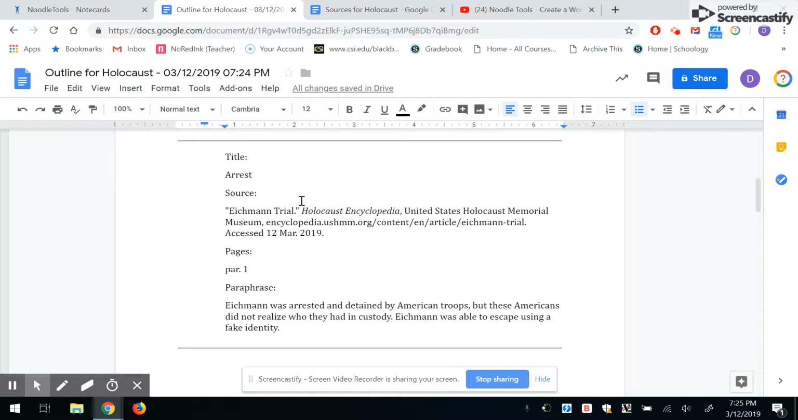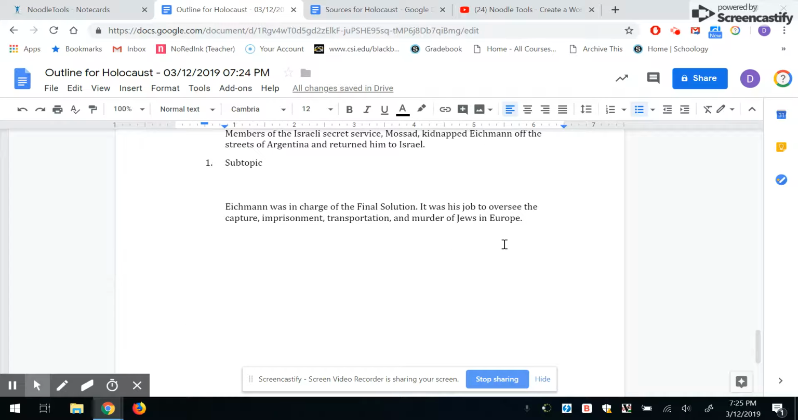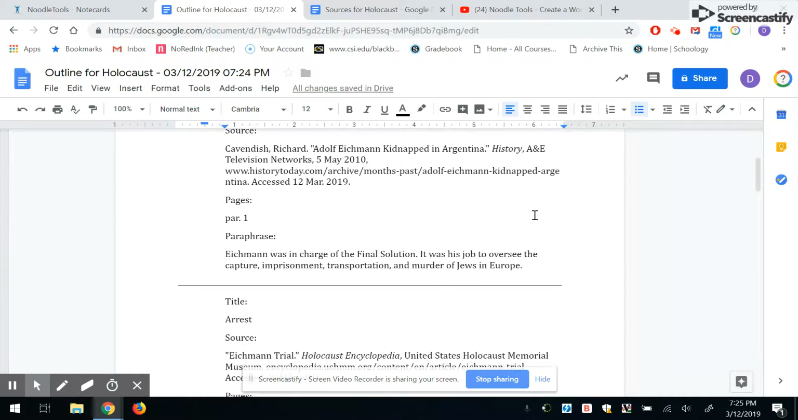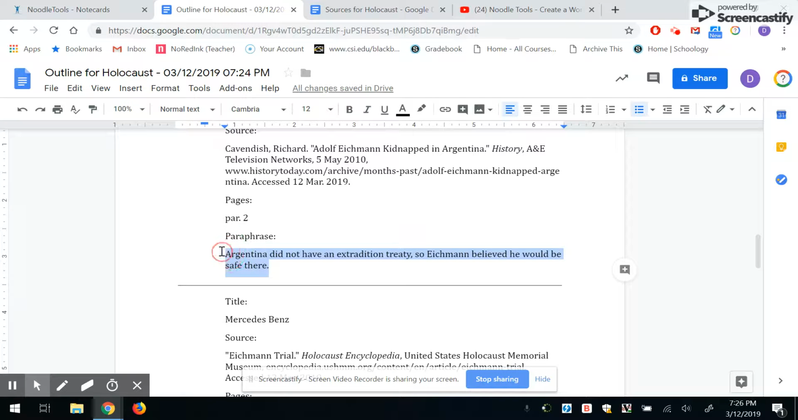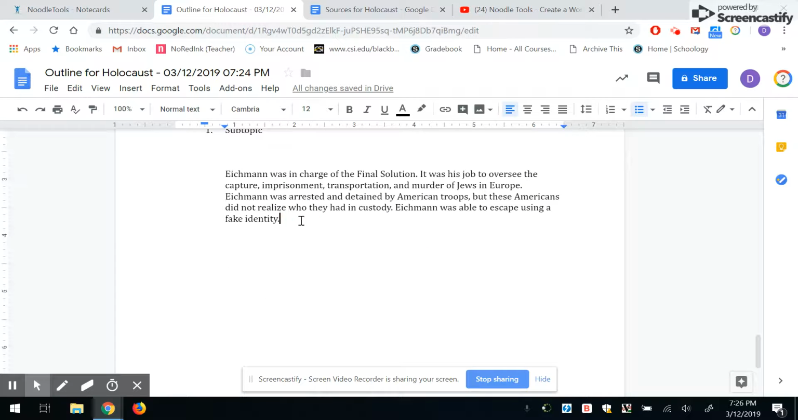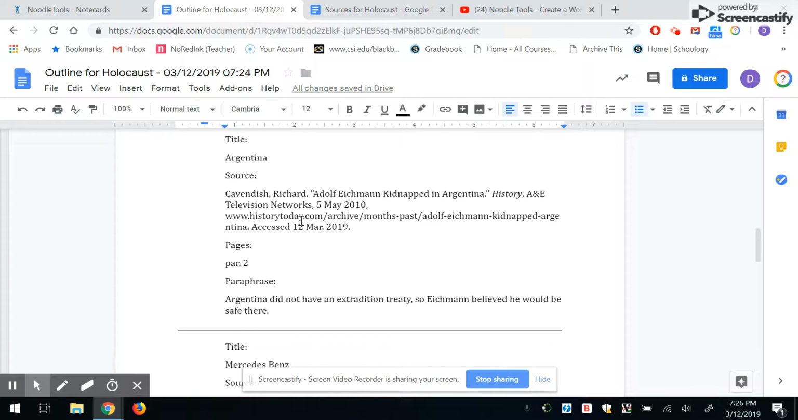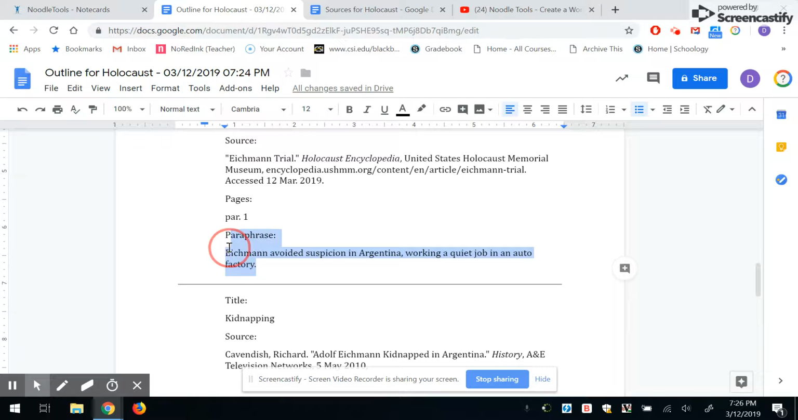Here's my second one. My second piece of information. Here's my sentence. I'm going to Control C for that. Come down here and paste that right in there. What I'm doing is I'm basically creating my paragraph now, just by taking my own words and dropping them in place. Control C and Control V. Whoops, got too much. Control C,